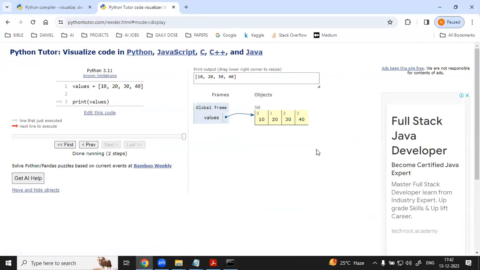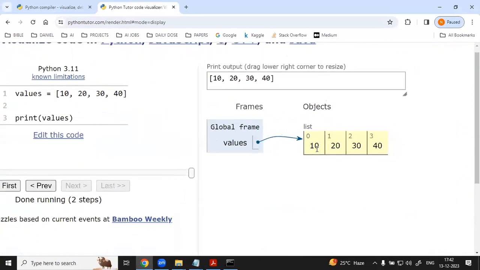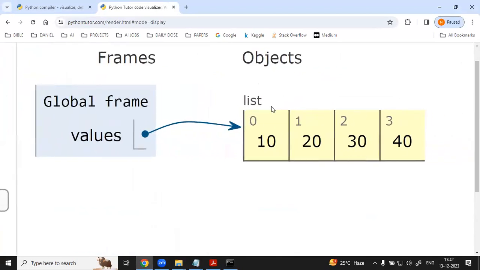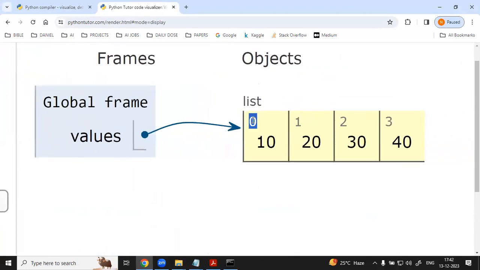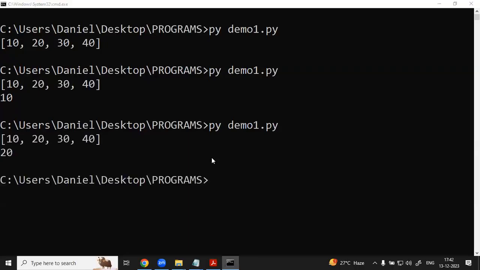Sir, look at my screen very clearly. Once you create a list data structure, in the backend every value is stored with an index. For the 10 value, what is the index position? 0. For the 40 value, what is the index position? Is there any 50 index? No. Good, very good. What output are you going to get? Fine. Then the next one, what is the output, sir? Very good. I hope you already got a clear picture.